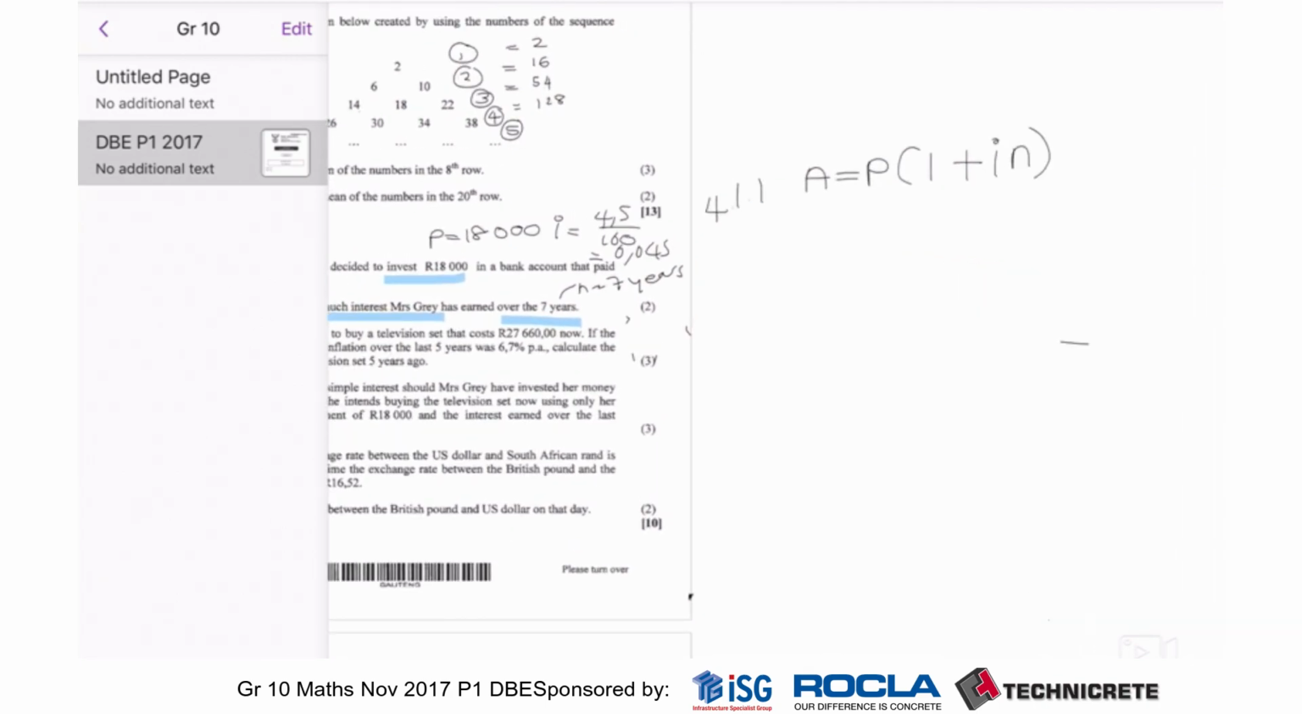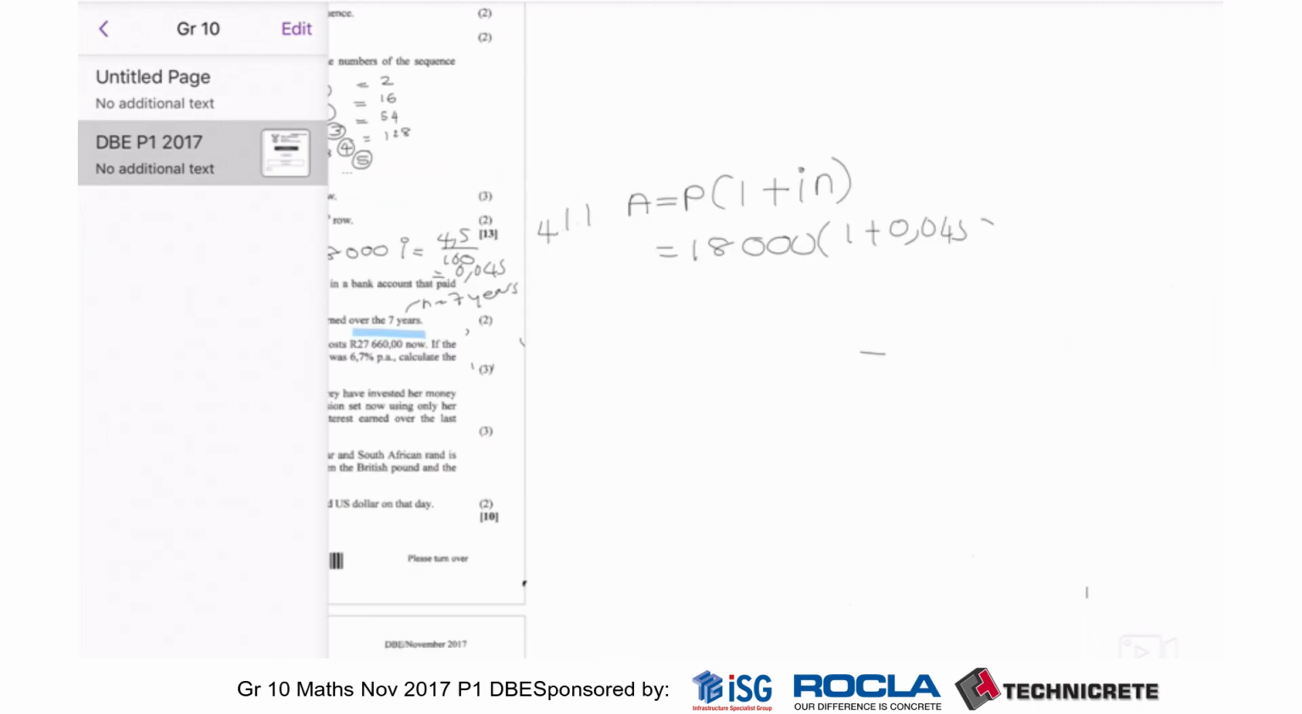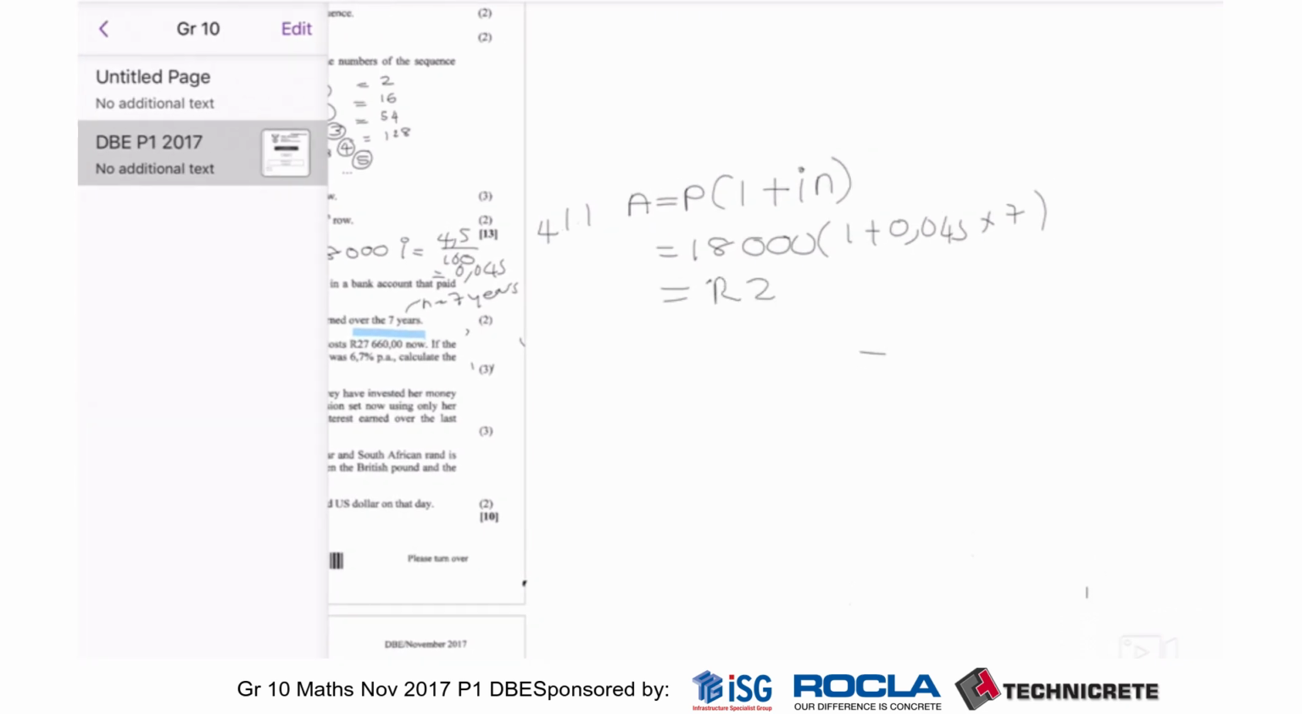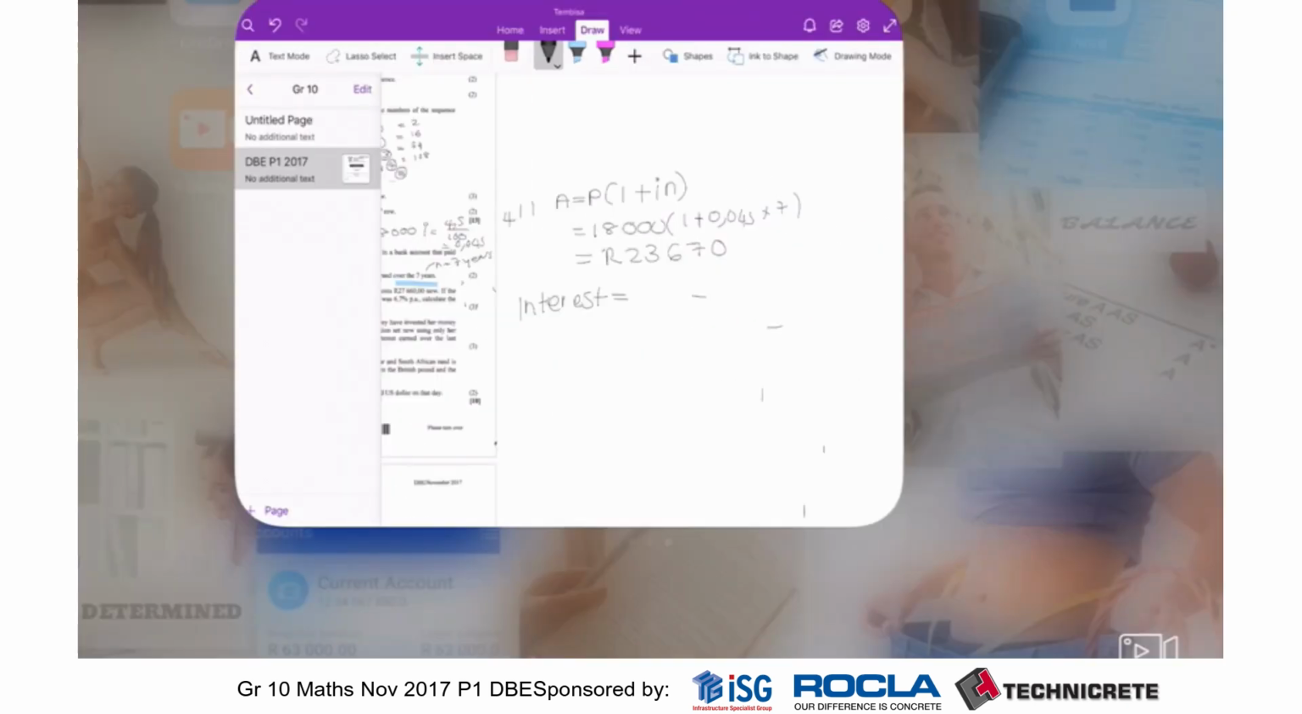The question is asking for interest. Okay, so let's first find the final amount. So 18,000 times (1 plus 0.045 times 7). Plug it into your calculator. We get 23670. Okay, the question wants the interest that she has earned over these years, so it's going to be the final